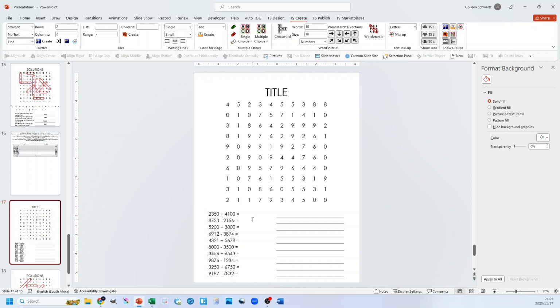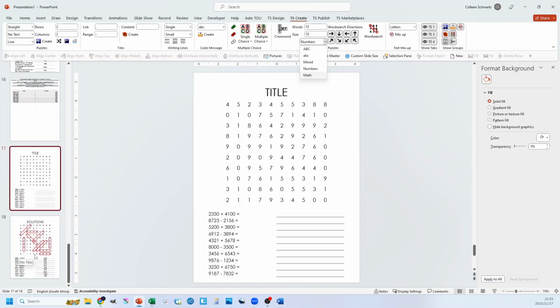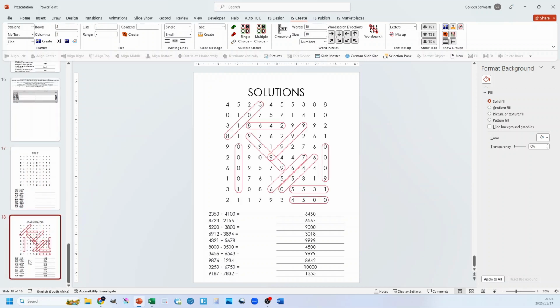Okay, if you want it to be different to that, if you want to have the whole number in the block, then you need to use the math search option. Now the math search option is quite different in the way that it works. Okay, so I'm going to show that to you now, but just quickly showing you what the solutions look like